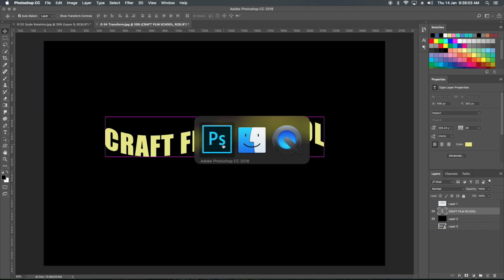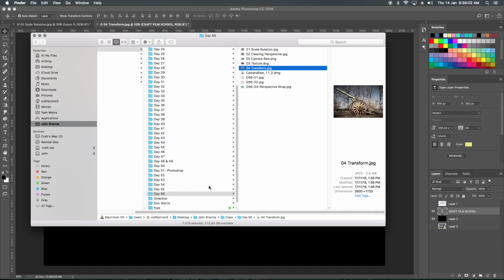Okay. So let's move on, skew, rotation, and now the next point: with all these transforms, there is another point, that is correction of distortion.